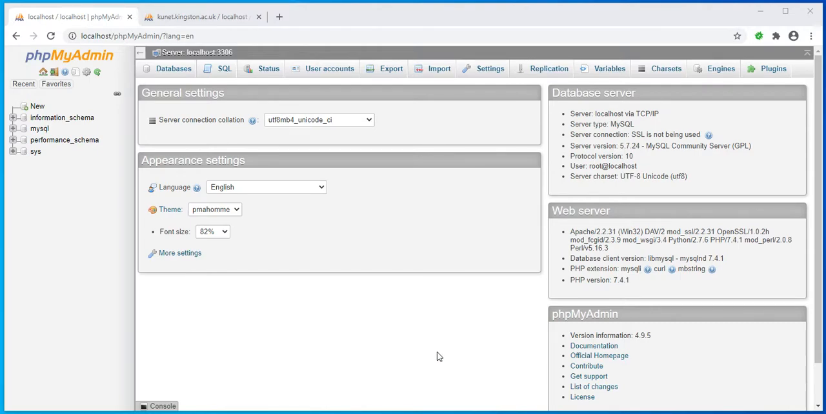So let's have a look at the phpMyAdmin interface. Now, this runs through a web browser. So to an extent, it's not as sophisticated as an interface that you would get if you were using an actual piece of software, but it's fine. Now, the way that this is organised is that you have a column over here on the left, and this